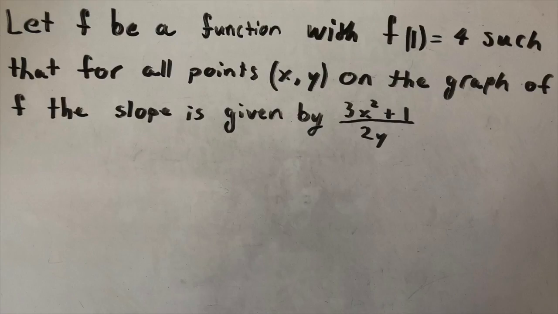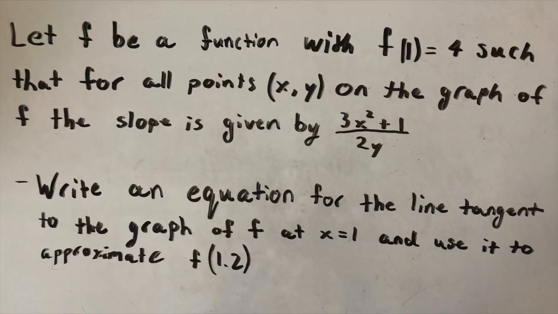The problem says, let f be a function of f of 1 equals 4, such that for all points on the graph of f, the slope is given by 3x squared plus 1 over 2y. Write an equation for the line tangent to the graph of f and x equals 1, and use it to